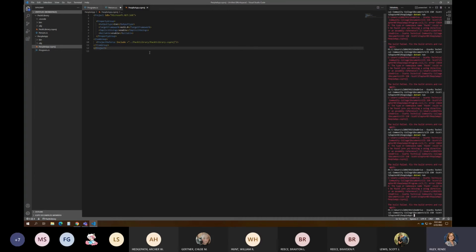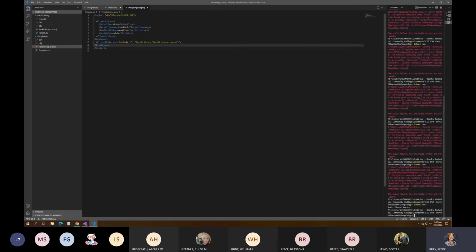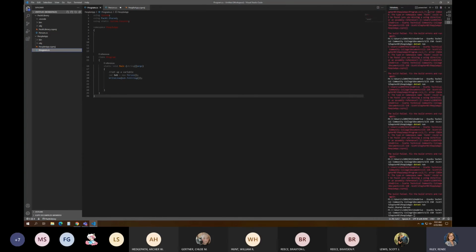Hey, can you check line 10, check if reference is spelled right? Is there a typo there? I don't know why it's not giving me error lines though. I feel like Visual Studio does, but Visual Studio Code doesn't. Yeah, it's very picky as far as getting all these commands set up properly. Much harder than Visual Studio. You guys are just whipping it into shape. So, okay, he's running now.